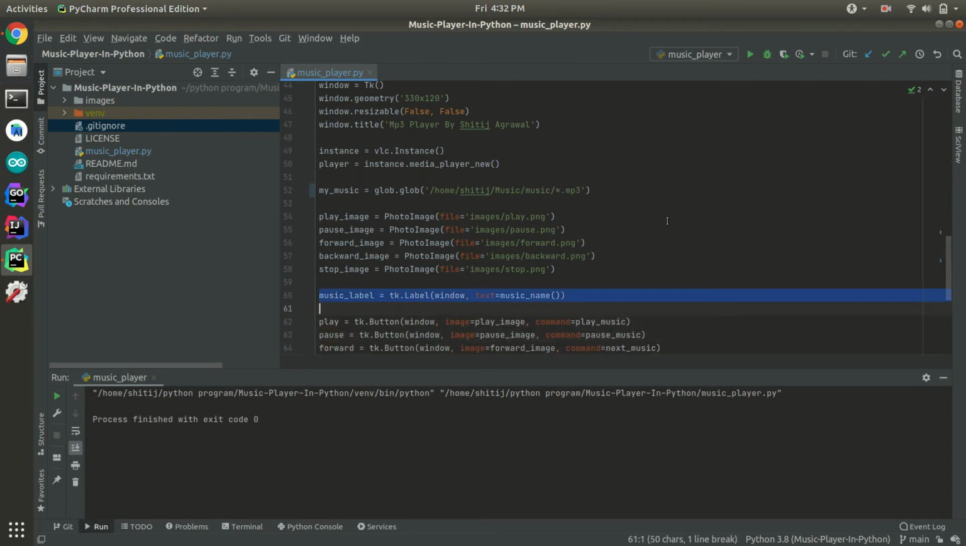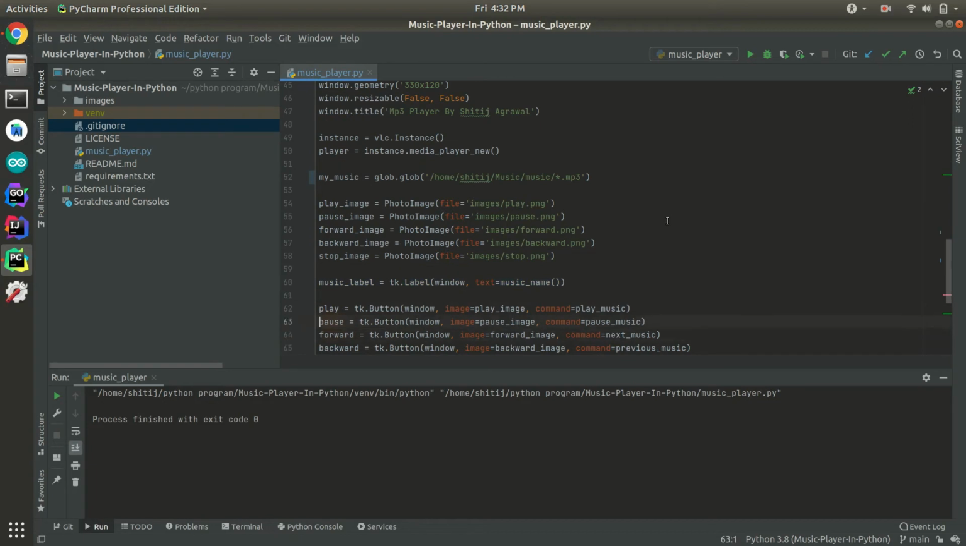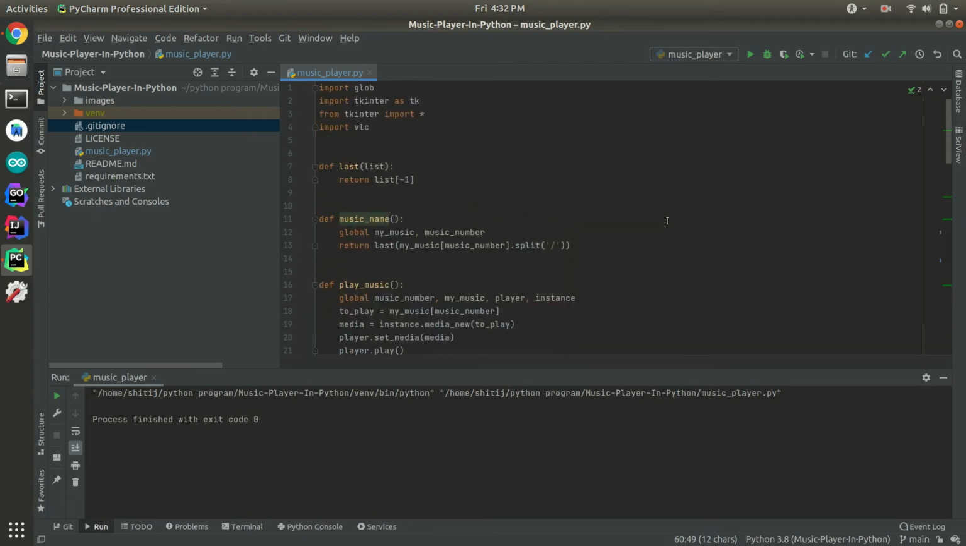Over here we are assigning the music label over the window. Then as you can see over here, text equal to music name. Here music name is a function which is going to return us the name for the music by splitting the music name with slash and getting the last value. We can see over here